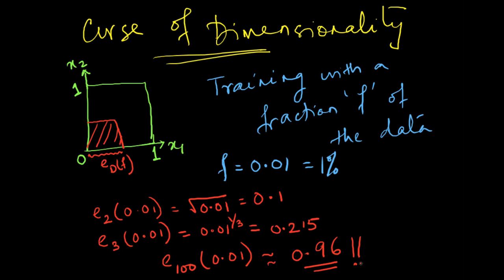And so what happens is that unless you have a very large number of data points in your training data set, it becomes very, very difficult for you to train your algorithm when the feature size is very, very large. So this is the problem of the curse of dimensionality. There are some ways of handling it, which we will not be able to get into for the time being, but maybe in future videos we will try to touch upon some of these issues.